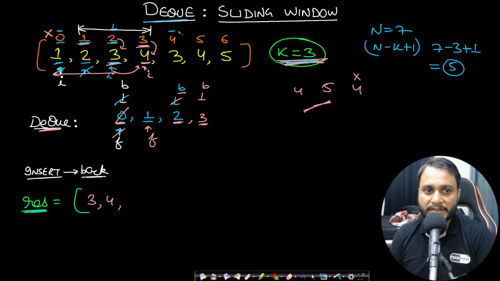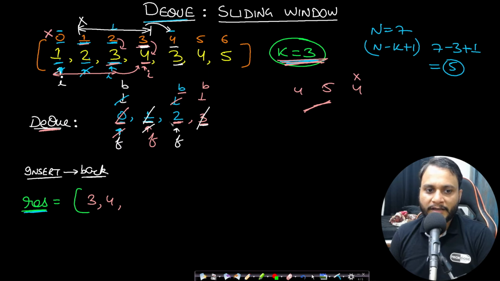Now I want to slide this window. So I want to remove this index number 1. See, index number 1 is at the front. Remove it and you update the front value, right? Now you need to include this index number 4. But this index can only be included if the back of the deque is one value less than the current item. So if you want to maintain that, then this third index cannot be included, and I will pop